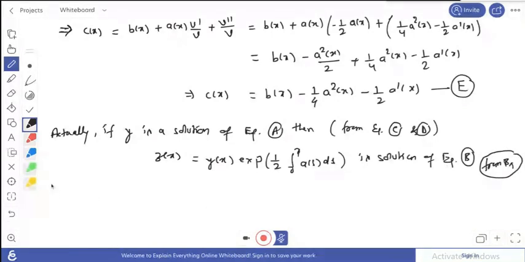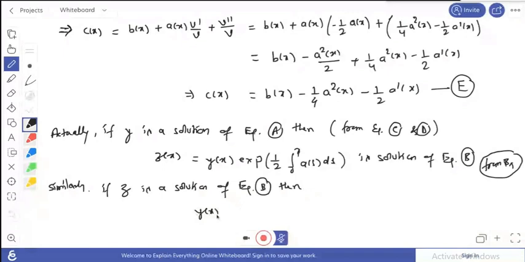Similarly, if z is a solution of your equation B, then what is your yx? So yx is zx exponential of half integral 0 to x of as ds, where x is greater or equal to 0. This is a solution of